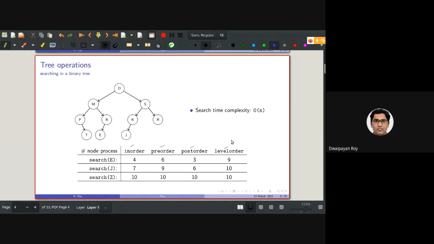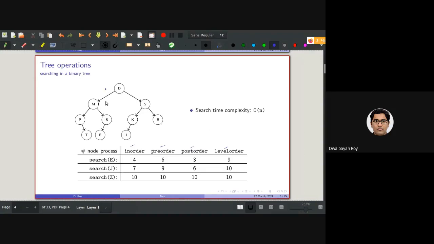These traversal operations we need to apply to check whether a node exists in the binary tree or not.